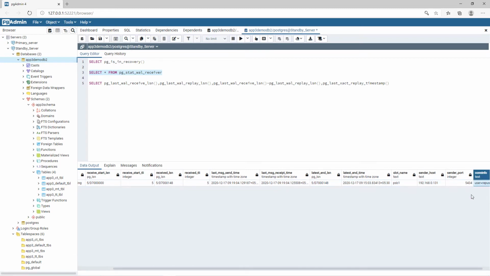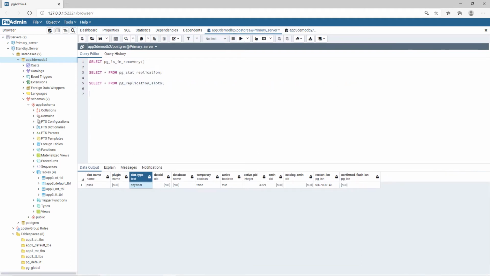Okay, now let me perform some insert operation for my table, and I will show the output in standby as well.